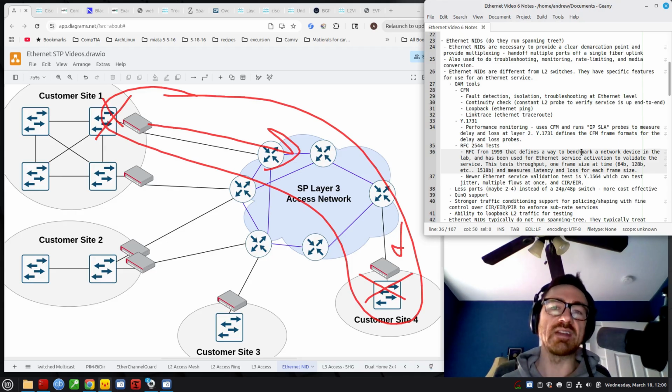I think with the RFC test, you have to run it for a much longer period of time to get the same accuracy, the same level of assurance and validation that you can achieve with 1564 in a much shorter period of time. And also, as a side note,